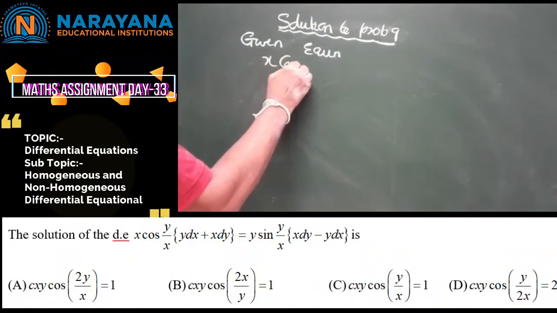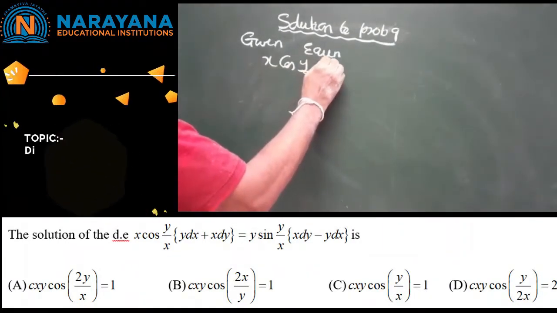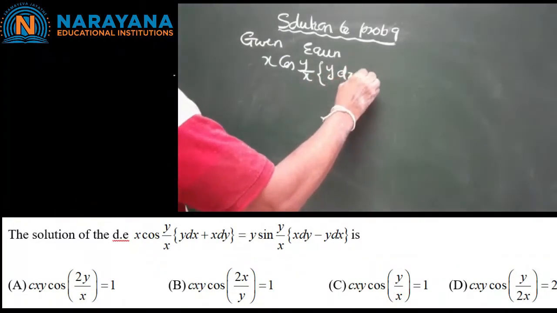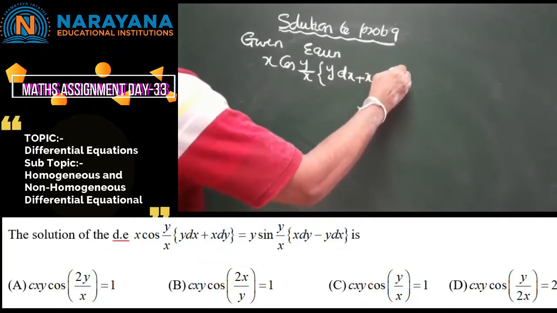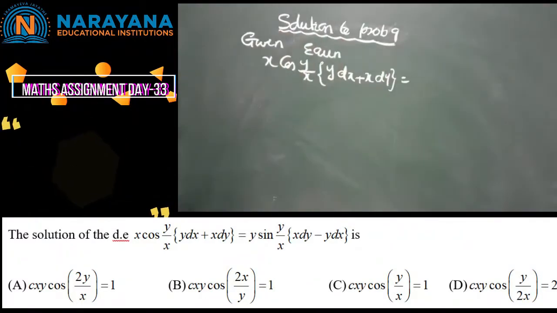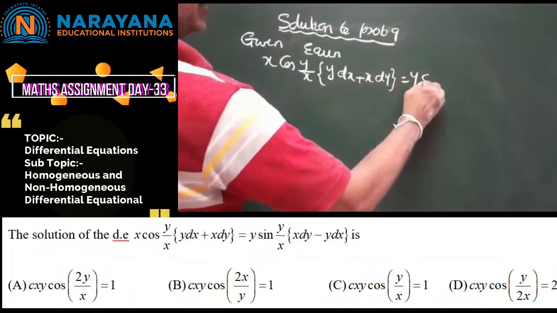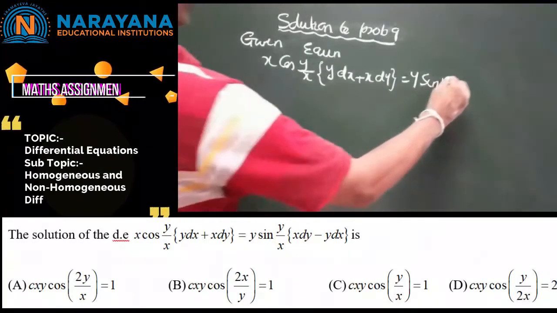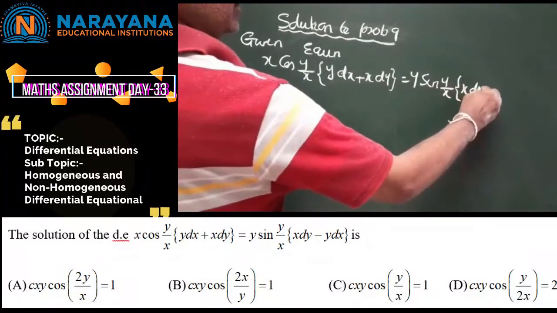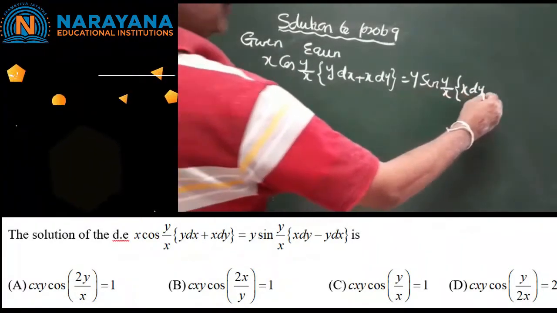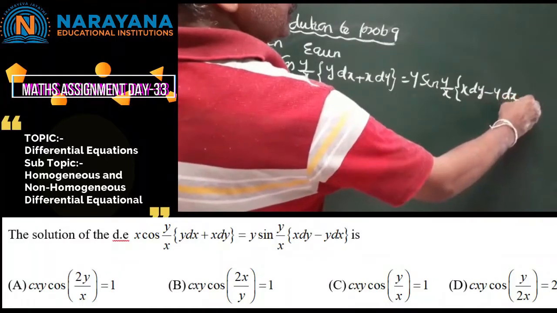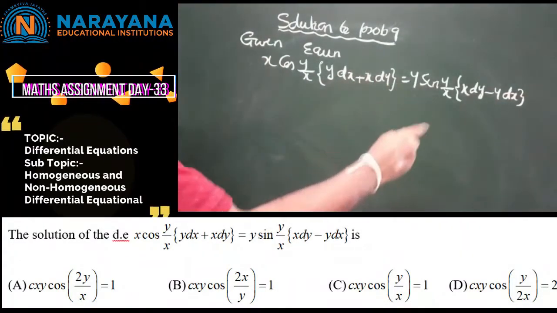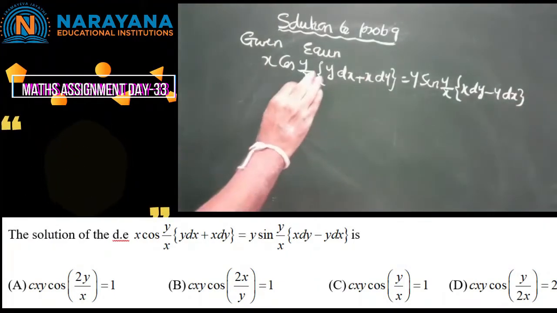x into cos(y/x) into (y dx + x dy) equal to y sin(y/x) into (x dy − y dx). After collecting all the terms of dy on one side and all the terms of dx on the other side,